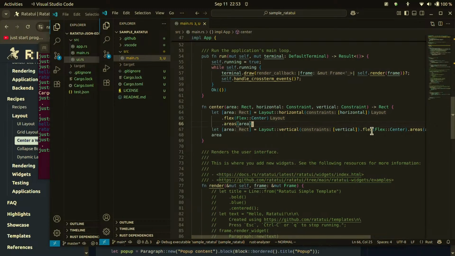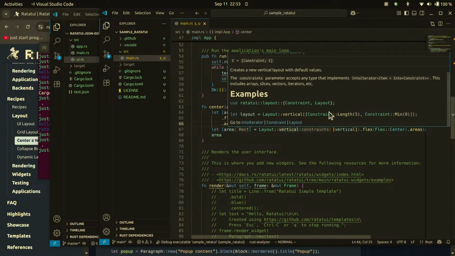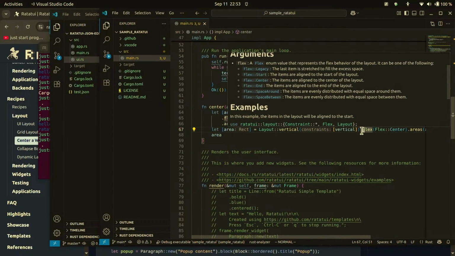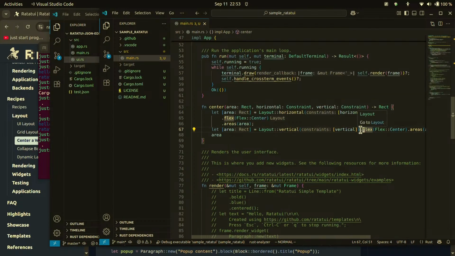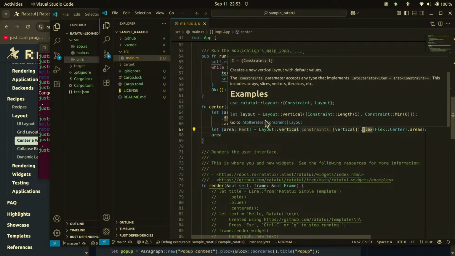So flex is another way of doing it. Layout, vertical, then flex. From vertical returns layout. Okay,